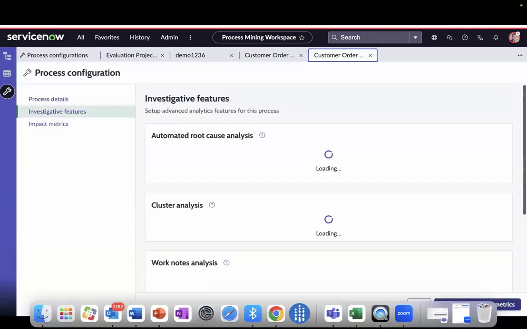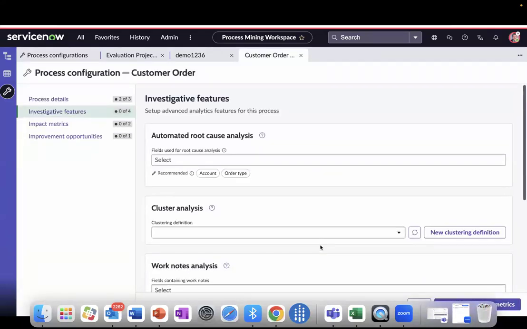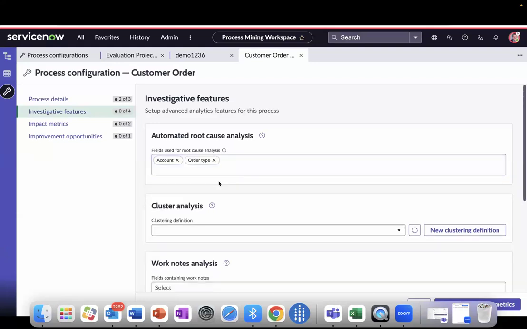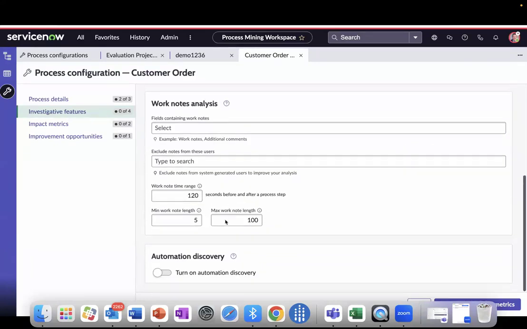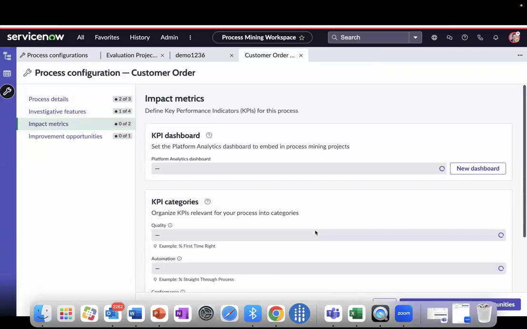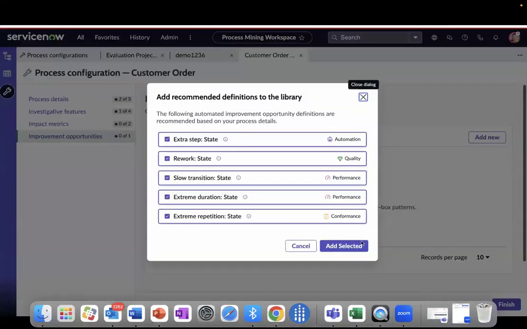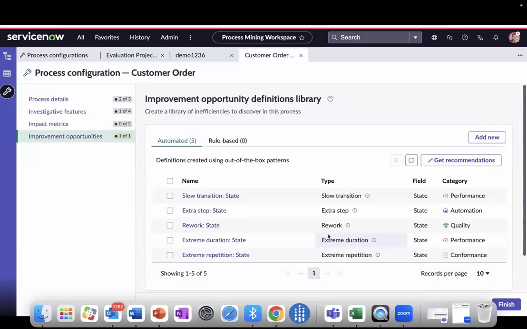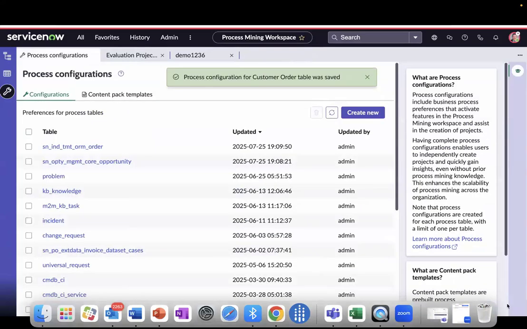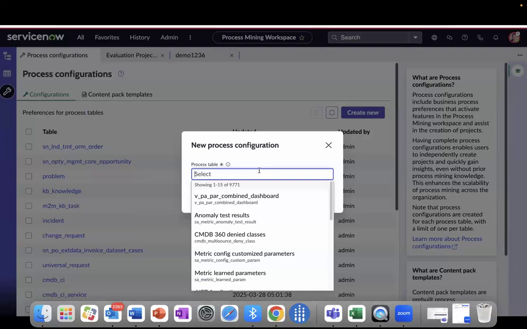And then you can go on with the next step, which is the exact same features, root cause analysis. You can add those same fields, cluster analysis. And the next step is the KPIs. Again, I talked about if you don't have KPIs for now, you could skip it, but it's a good practice to have it. These are those patterns I discussed before for the customer order table this time around. And they are based on the process details section. Finish, and we're done with setup for customer order. Now, the only thing left is a quote. So let's do it for the quote table.